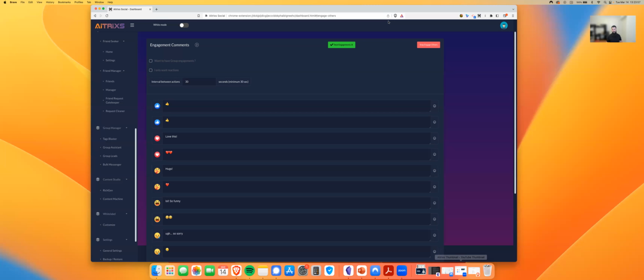So your solutions there are either you hire a VA of some sort to manage your social media, but even then, oftentimes they're going to have other tasks, other things that they need to do. And you're not going to most likely hire somebody who's just literally sitting on your social media account, engaging with all the content in the newsfeed, interacting with potential customers, potential leads, etc. And so that's where Aitrixs Social can really come in to completely automate that for you.